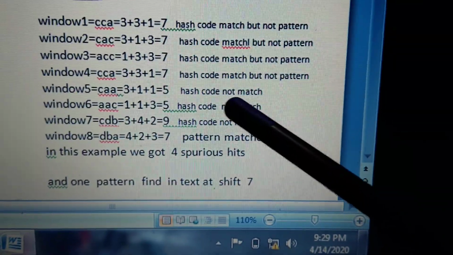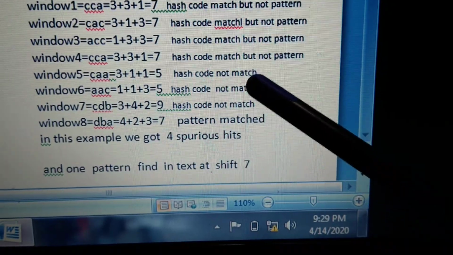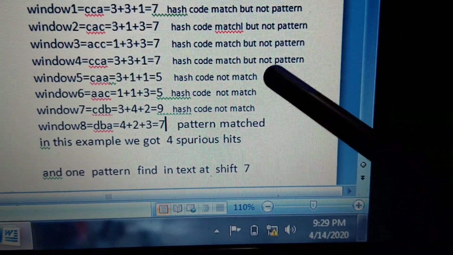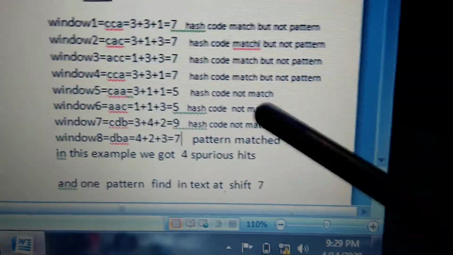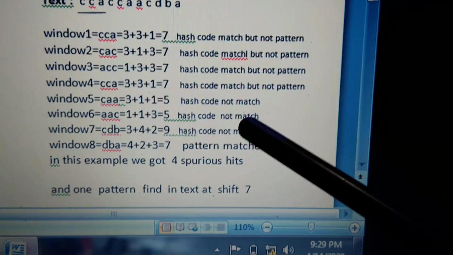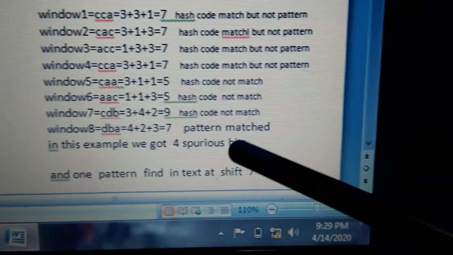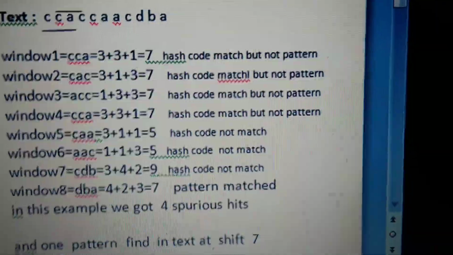So in this example we got 4 spurious hits, 7 invalid shifts and 1 valid shift. So this is an example of how the RK algorithm is used to find a pattern in the given string. I will explain one more example in the next video.